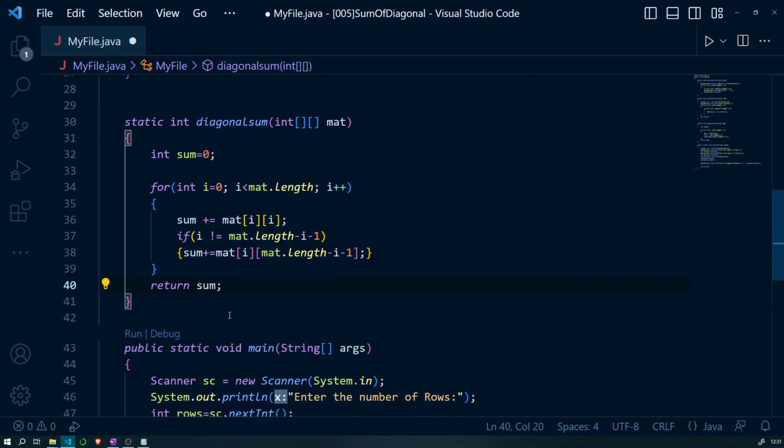So this is a more optimized way of finding the diagonal sum.